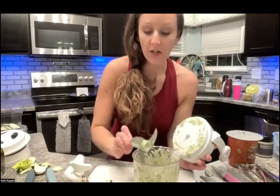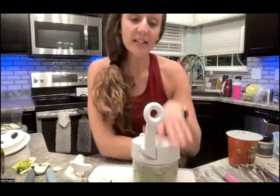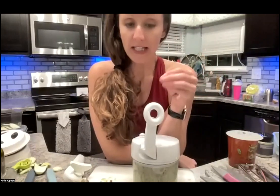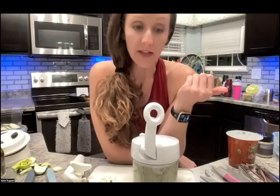And there's our green goddess delight. Totally use this as a salad dressing too. It is amazing. All right, so other than that, we've got our black beans I'm gonna rinse and drain. Then we just throw everything together. Got crumbled feta, corn. I do optional corn because I didn't need the corn in there, but that's what the